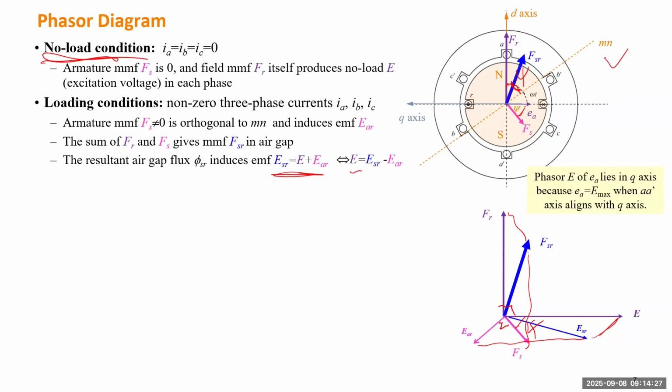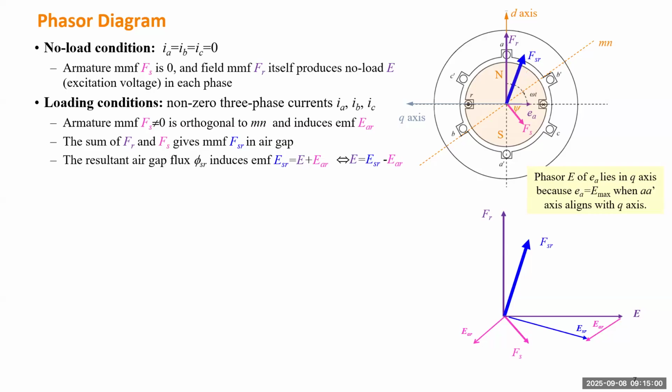Okay, so in terms of magnitude, this capital E will be the longest one, and ESR is the actual voltage we can utilize to power the external system. If there's some load, it will be shorter. It looks like there's some voltage drop inside of the generator due to the reactance. Okay, so we finish this